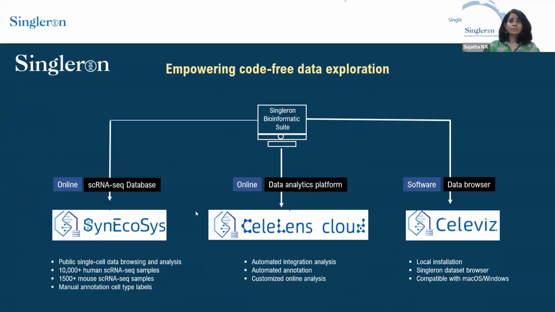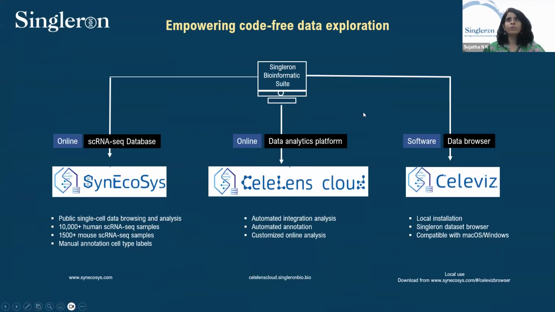Of course, you can do this all on your own, but we also have tools that empower you to do code-free data exploration. And so this is sort of a whole suite of tools that we provide. We have a few that are online. One is a single-cell sequencing database. So this is very useful for researchers who are really looking to browse clinical data sets and look for markers and then kind of compare their own data. We have this manually curated with cell type annotations and maintained